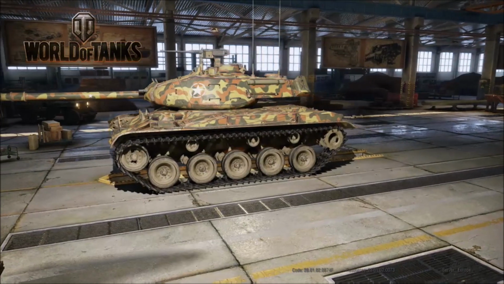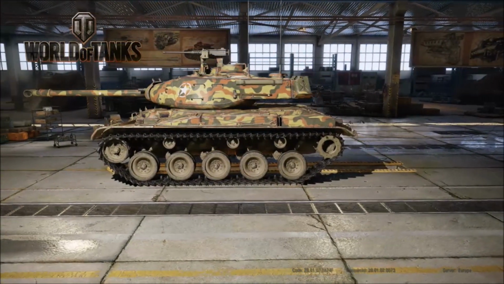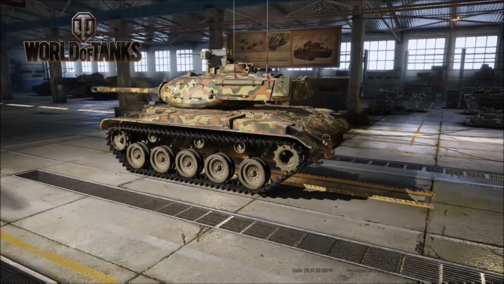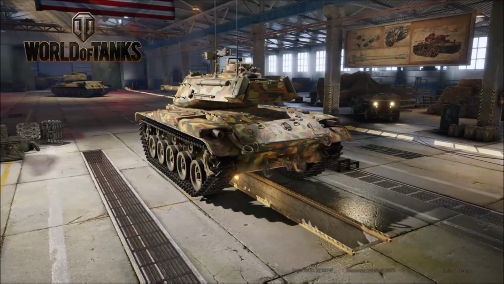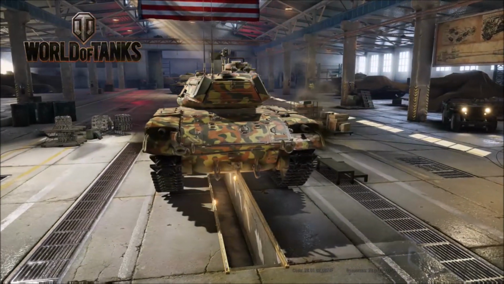But this tank is large. This is a large light tank. It's quite tall, so it has the worst camo rating out of all of the tier 7 lights. You can play this tank as an effective sniper, but if you equip it with the autoloader, then you can